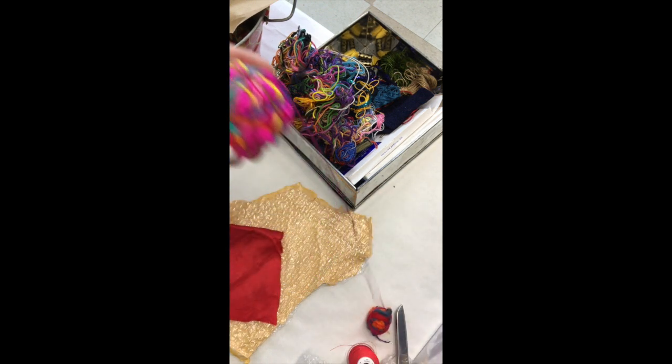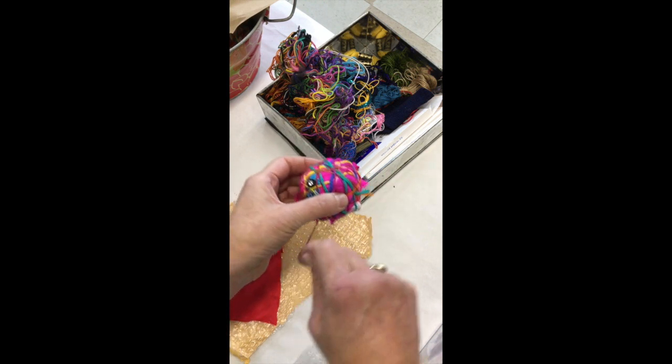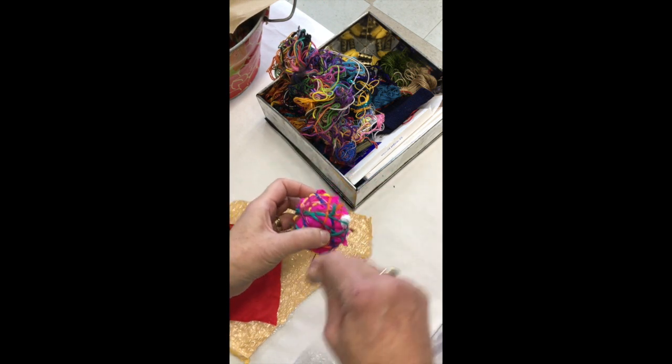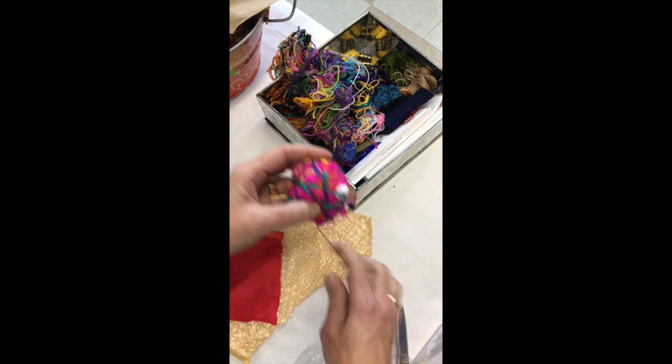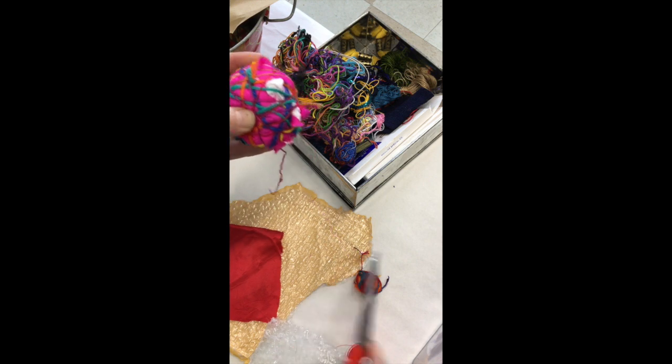Okay, so when you get to the end of wrapping it so that it's nice and round and you like the look of it, if you want to make it more spherical and cover it more, you can continue to wrap. You can even add bits of fabric as you go. I'm going to cut this right here, so I think that's about a 12-inch piece of